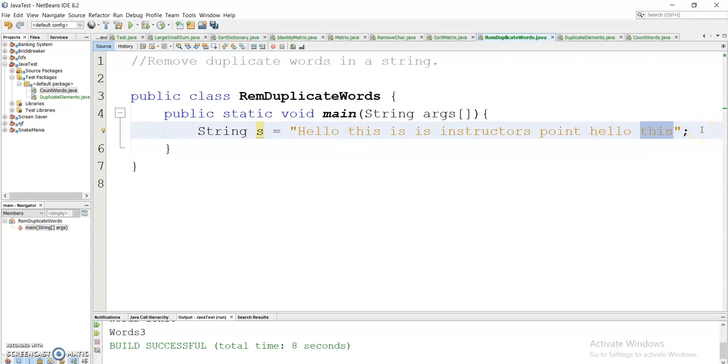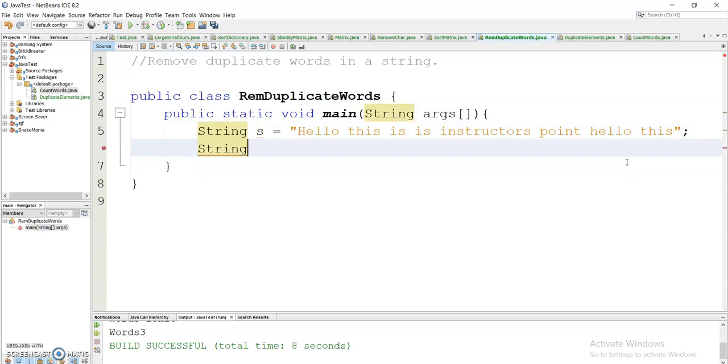I will be using the Set class in Java. First of all I will split this string and convert it into an array, so I will define a string array. How will I convert this string into the array?